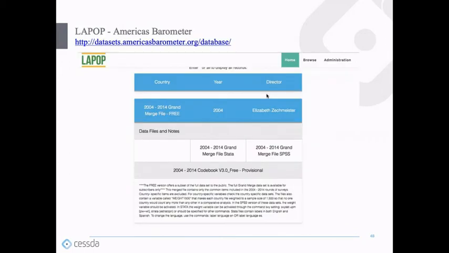My third data source was the LAPOP. It's the Latin American Public Opinion Survey, whose aim is similar to the previous two surveys, and it has similar variables. The difference is that it is regionally restricted to Latin American countries. Merged longitudinal data can be downloaded for free, even without registration. The link to the survey can be found again at the top left corner.